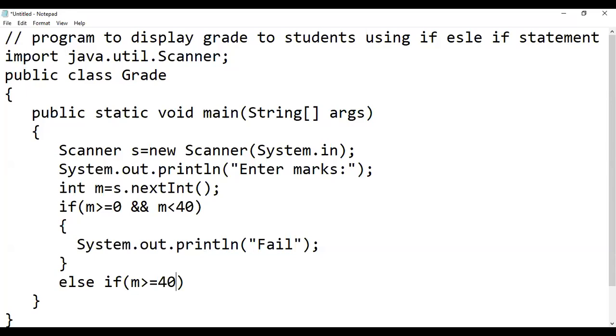So our marks must be greater than or equals to 40, and it must be less than 60. M less than 60.